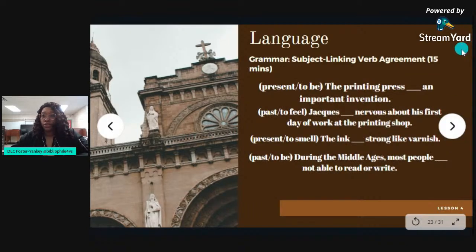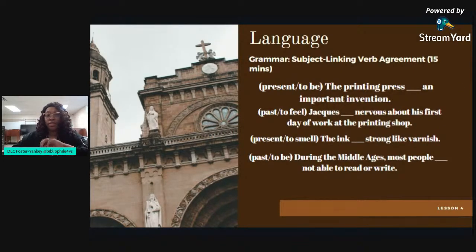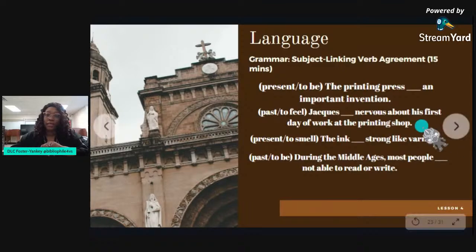Okay, next, the teacher is going to point to the first sentence prepared in advance and ask students for the correct linking verb, suggesting that they refer to the posters, the anchor charts, as necessary. The teacher is going to explain that the sentence is written in the present tense and that the subject is singular, which means the correct linking verb is "is." The printing press is an important invention. And from there, students are going to provide the correct linking verbs and forms for the remaining sentences, referring to the posters as needed. So for the next 3 sentences.